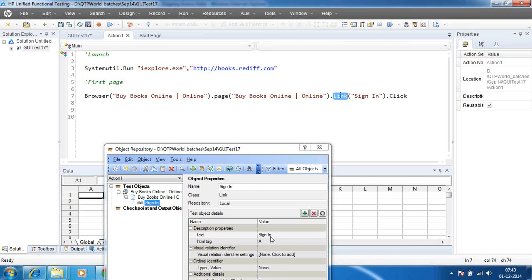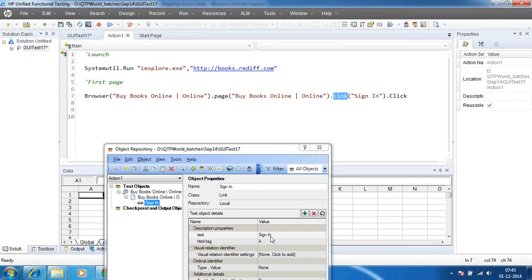Basically, they'll see your first name and last name, and if the first name and last name are the same for two persons, what is the unique thing they'll get? Basically, your passport number. If you are working in a company, your employee ID is unique, your PAN card number, all those which are uniquely identifiable. The person or an object, all those things are called the properties.